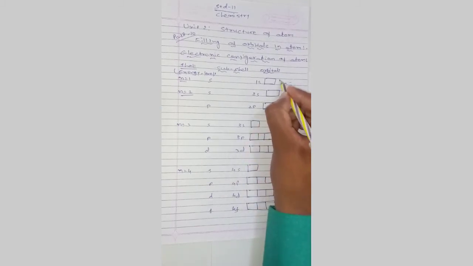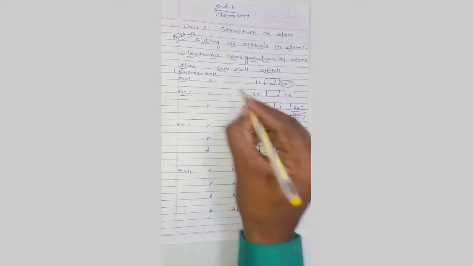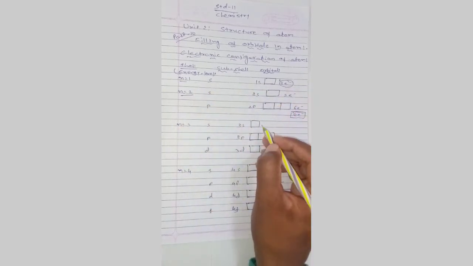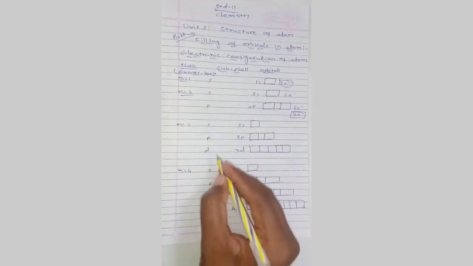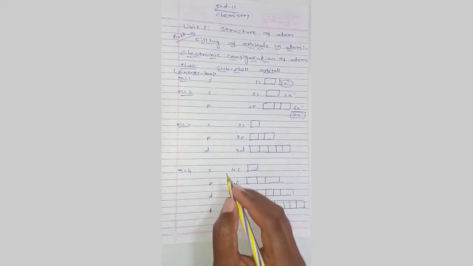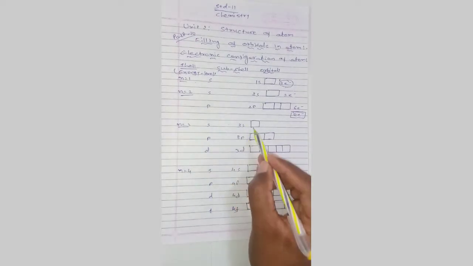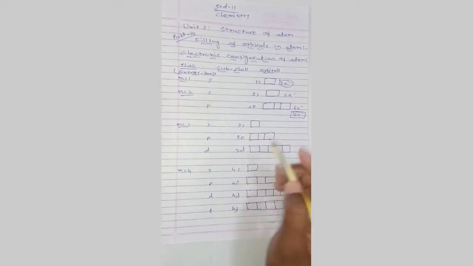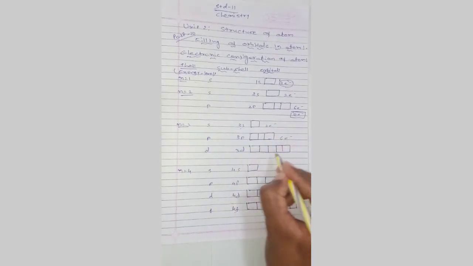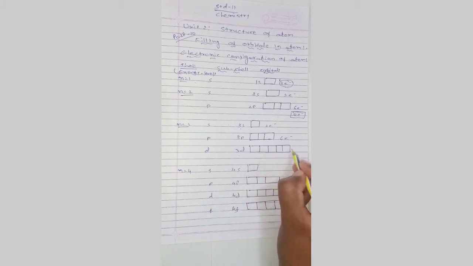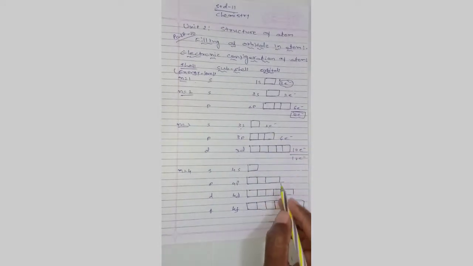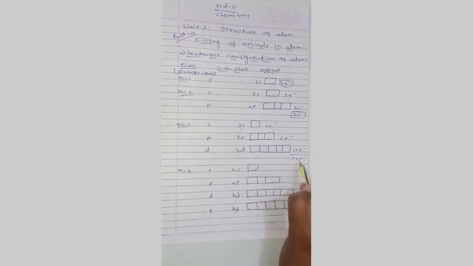Okay, and for the first shell maximum number of electrons are 2. Then for n equal to 3, subshells are s, p, d, and their orbitals are 3s, 3p and 3d. Number of electrons are 2 for 3s, 6 for 3p, and for 3d 5 orbitals, and 5 multiplied by 2 is equal to 10 electrons. 2 plus 6 plus 10 equal to 18 electrons. So in the third shell total number of electrons